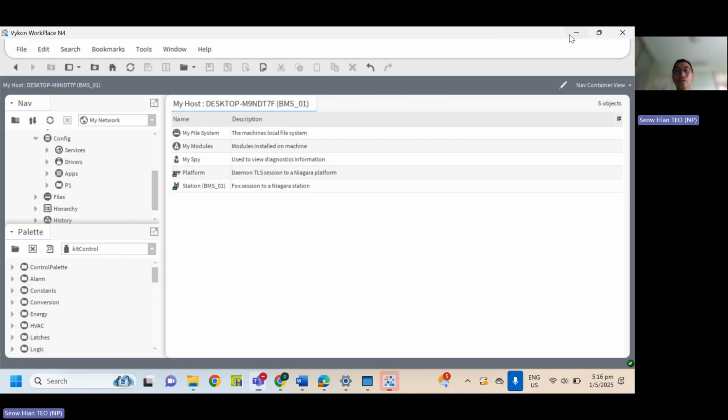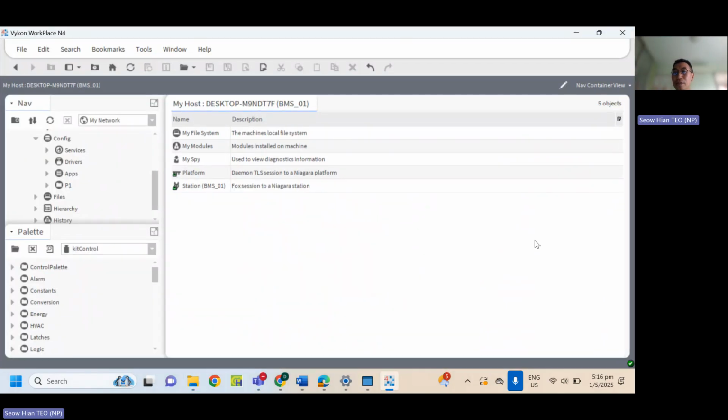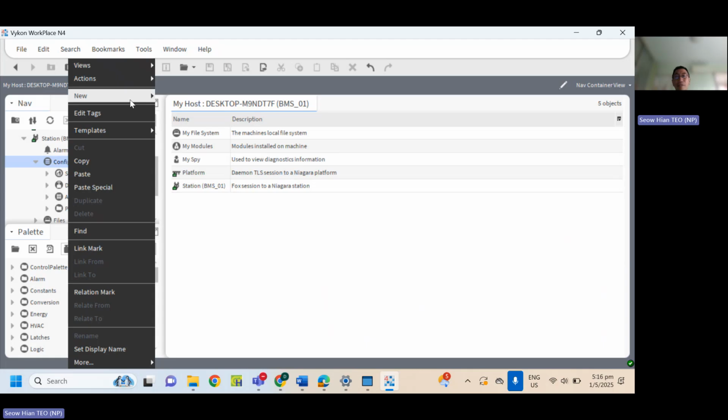Okay. So as usual, just now I opened up the console. You can click Niagara, and the Niagara screen will pop up, right? Once the Niagara screen pops up, I think you are able to already connect. So now let's try to build some basic component. The first step is you should have config, right? Config, and then you right click on config, you try to make a new